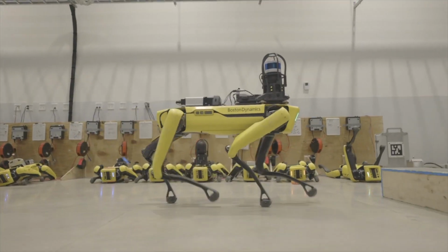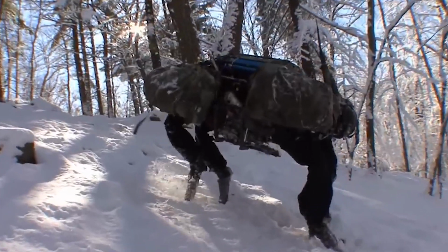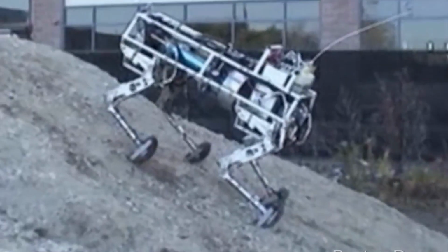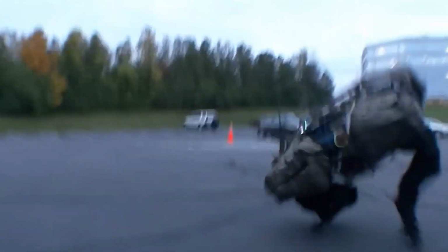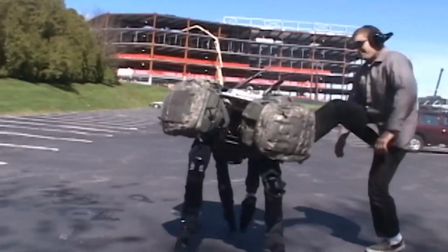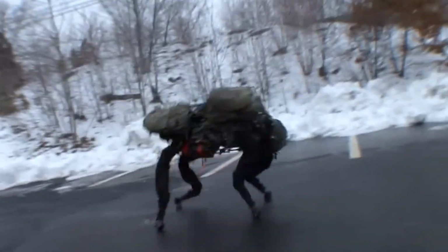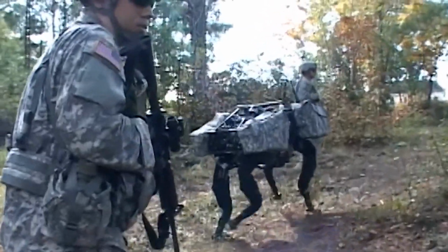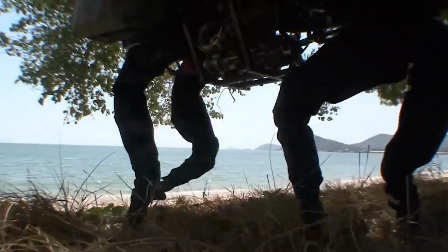Can you picture a robot that moves like an animal, but is incredibly strong and enduring? Well, that's exactly what the engineers at Boston Dynamics achieved with BigDog, a four-legged robot that's both impressive and a bit intimidating. Starting in 2008, the company developed BigDog for DARPA, the US military research agency. The goal was to create a robot that could accompany troops through extremely rough terrains where regular vehicles couldn't go. They equipped BigDog with 4 articulated legs, each about 3 feet long, and laser sensors to help it maintain balance